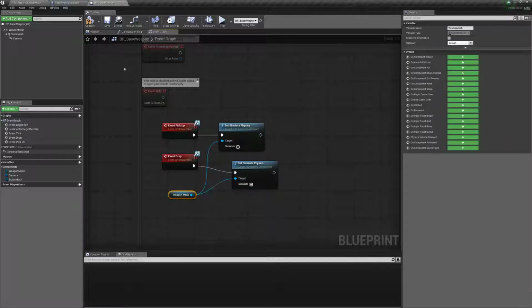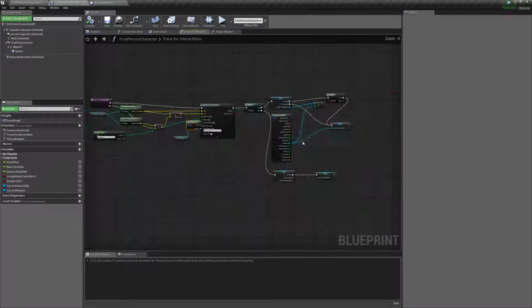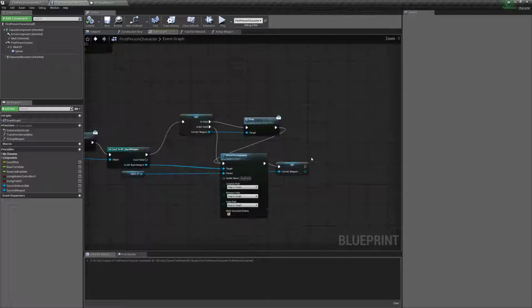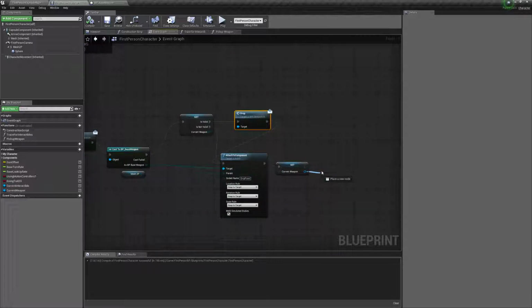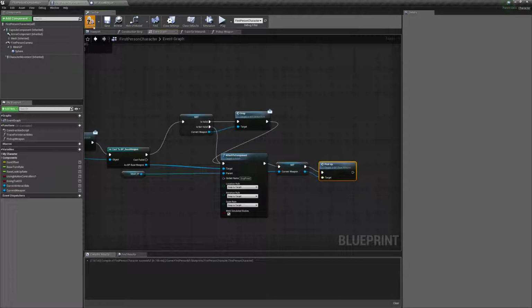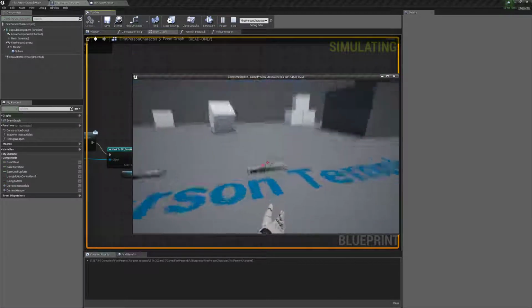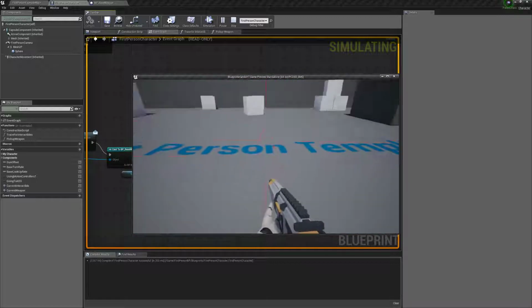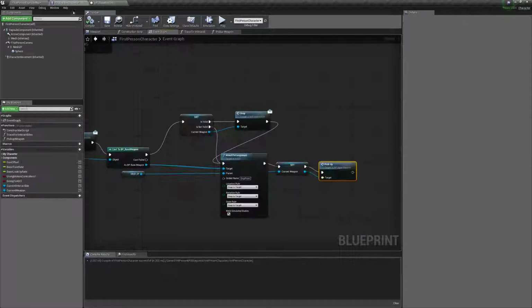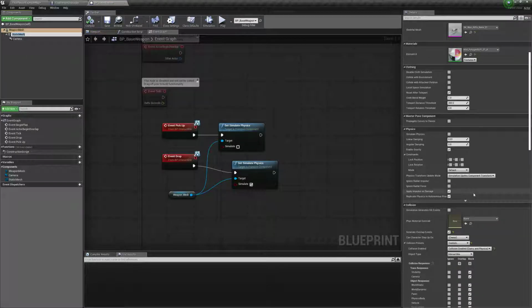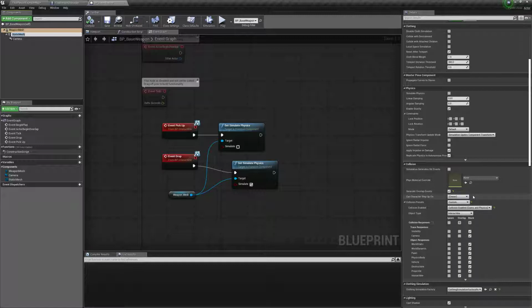And I'm not sure we called pickup. I think we just call interact, but not pickup. So yeah, drop. So we'll do pickup. Let's see how this works now. So as you can see, it worked. It totally fell through the floor. And the reason for that is interactable, because most things are set to